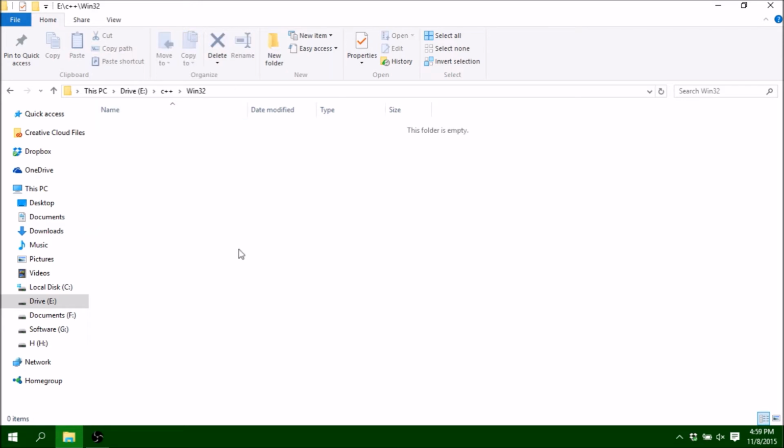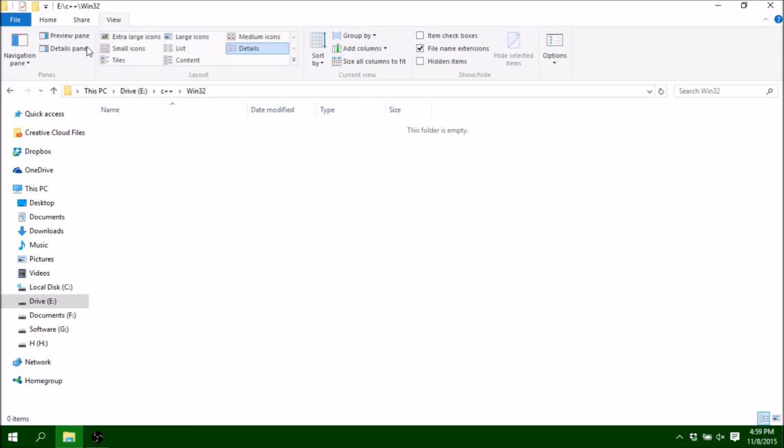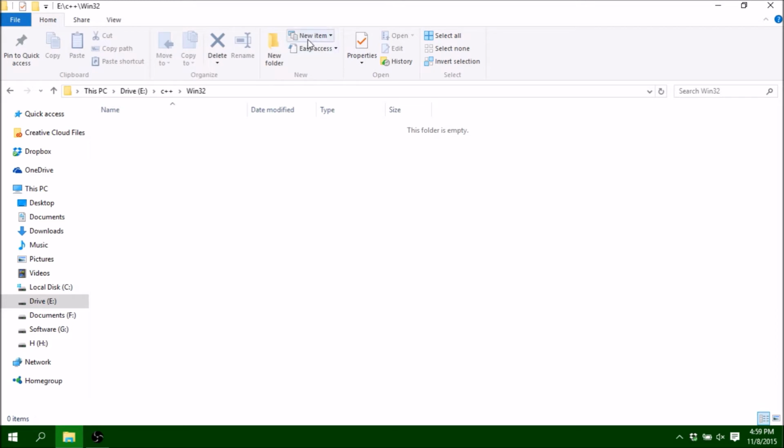So we're just going to go inside of our folder and make a new item. Wait, never mind. You should have 3 tabs up here: Home, Share, and View. We're going to click the last tab and make sure that the file name extensions option is checked, or else this is not going to work. Go ahead and make a new text document, and then we're going to take everything out of here, including the .txt. We're going to make a file called compile.bat,